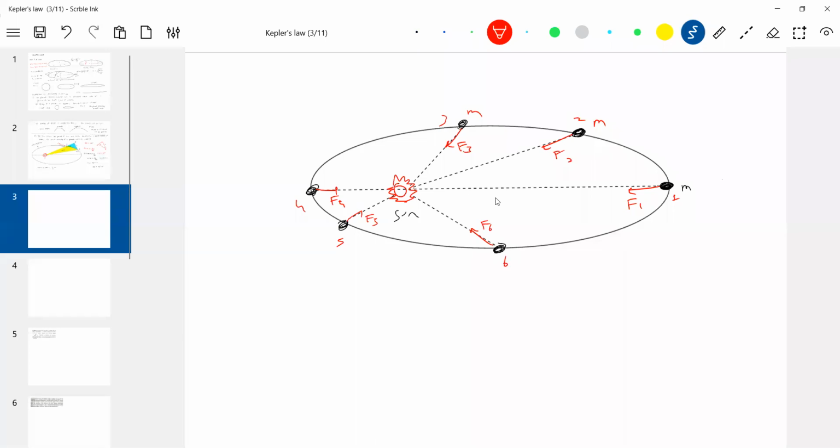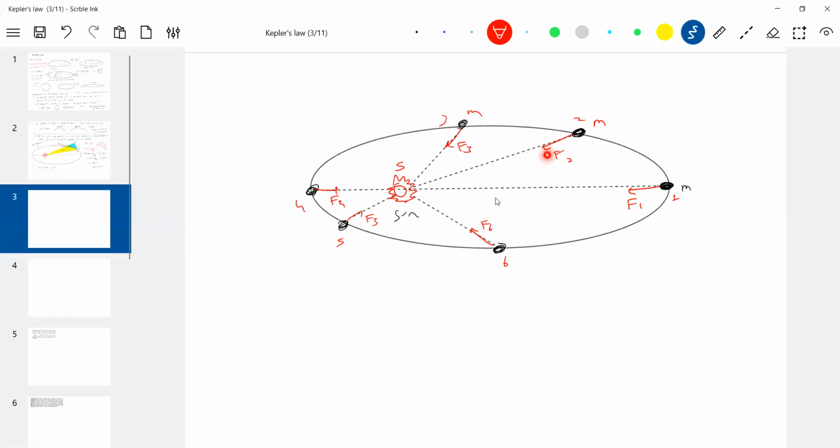What can you say now? What is the torque about the sun due to this gravitation? Because what is the only force acting? Gravitational attractive force. So what is the net torque set up by gravitational force about the sun? It will be 0 at all the positions. So if net torque is 0, what will happen to the angular momentum of the planet? It will be conserved.